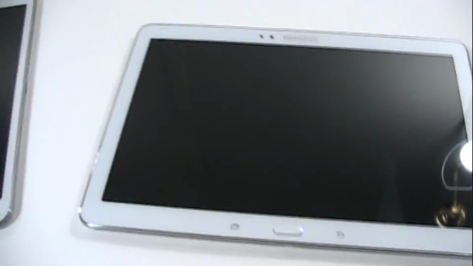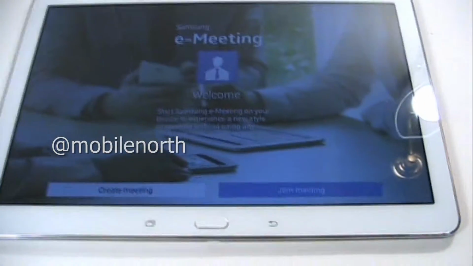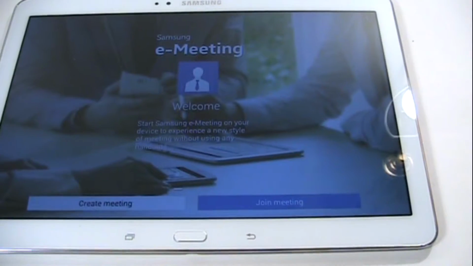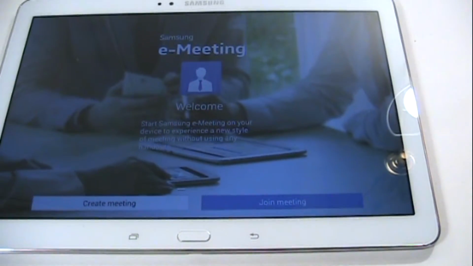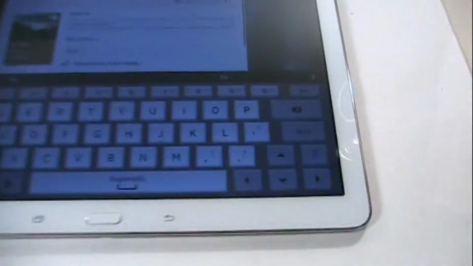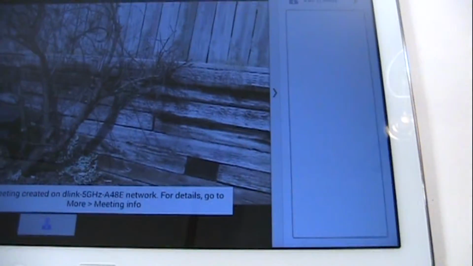Okay, so I want to show you quickly just some of the features that both of these devices have. The first one that I want to show you is e-meeting. This allows you to have a meeting with any of your colleagues, so long as you're on the same local network. So let's say I'm going to create a meeting. We're going to call it Joe's meeting. Done. Okay, so while this is creating the meeting,